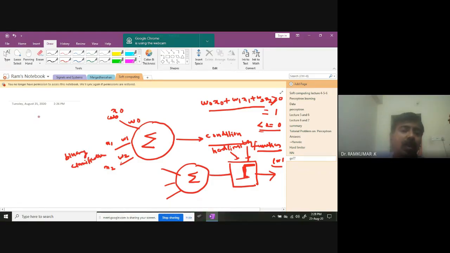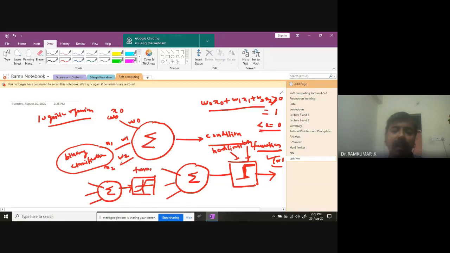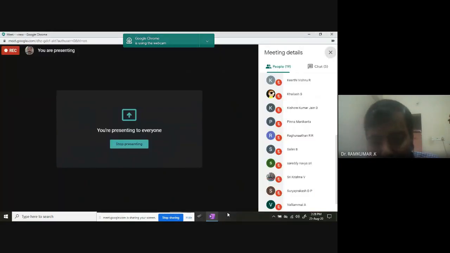We'll also see something called logistic regression later on. At that time we'll get more insights. This is only a very simple binary classification, either 0 or 1 kind of thing. That can be achieved with the help of this particular hard limiting. But there is a possibility that, with these 3 inputs, I can also pass the summation value through a nonlinear function, something like a log sigmoidal function or a tan sigmoidal function, and get the output. The book notation is given as n. Are you getting the point?